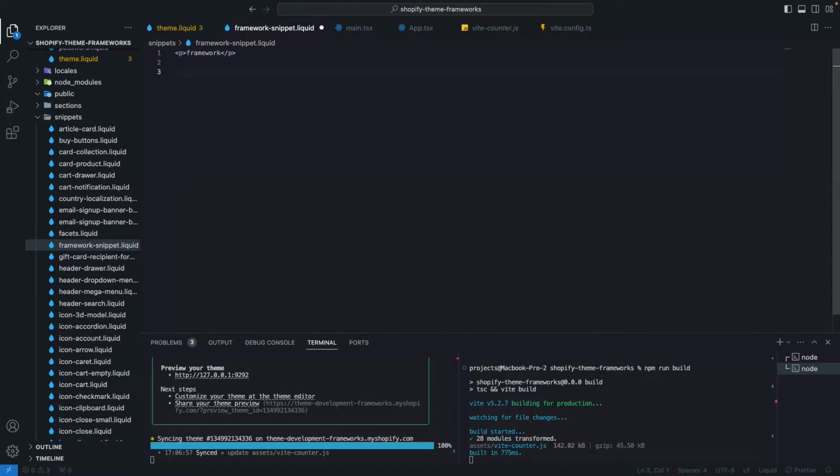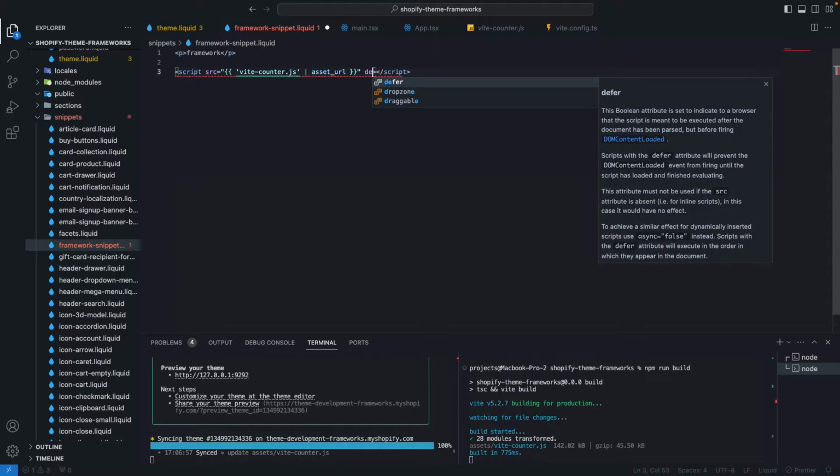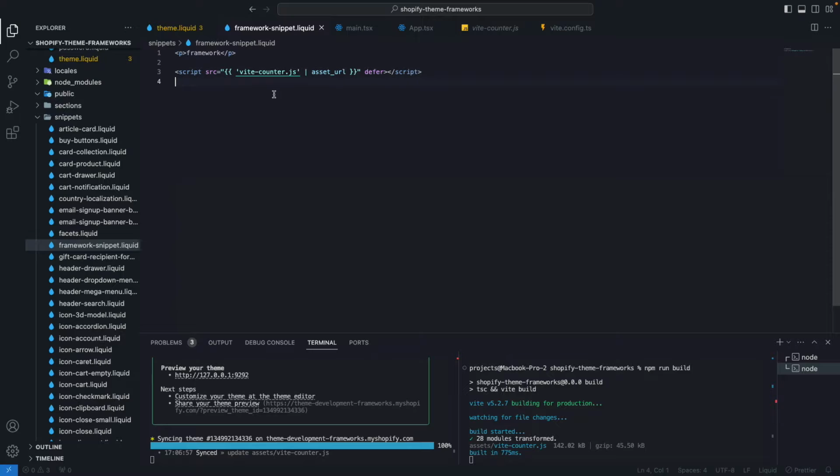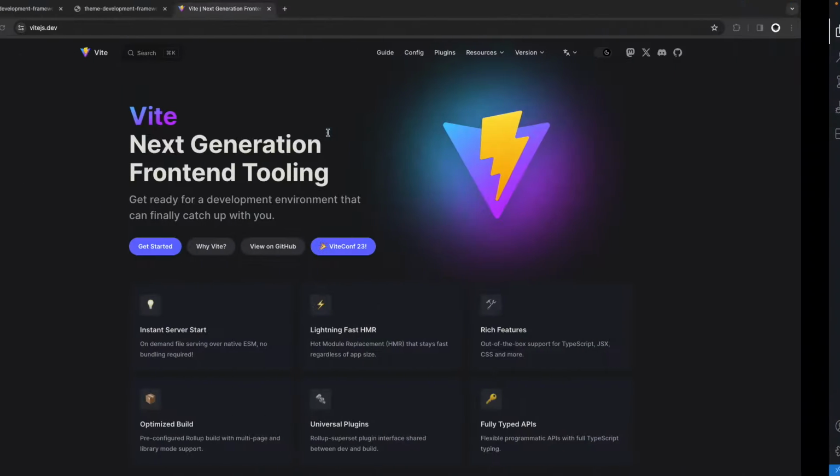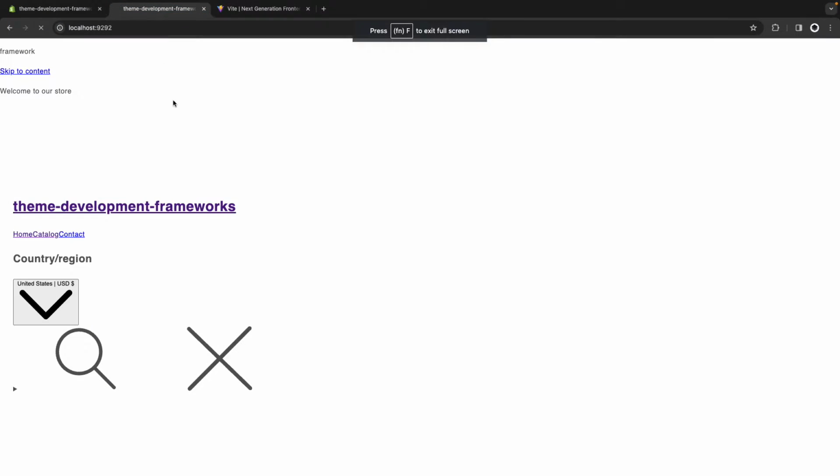And over here, I'm going to say a script. src will be vite-counter.js asset URL. And let's load this deferred. And if I go to my browser and I refresh this page,